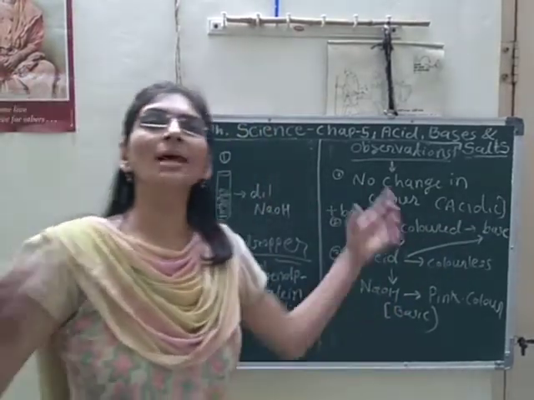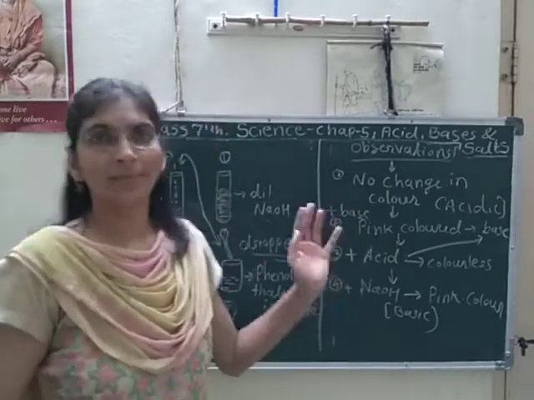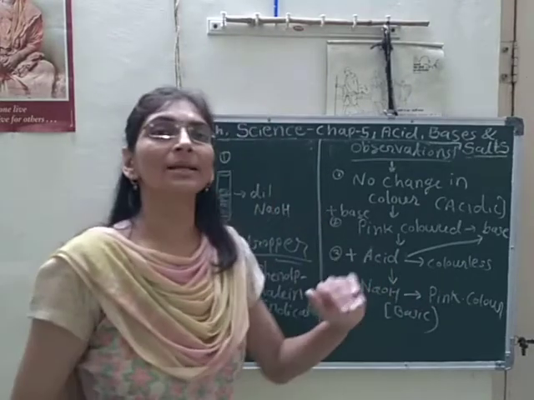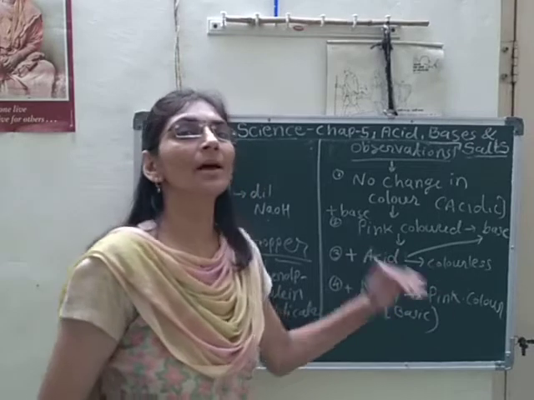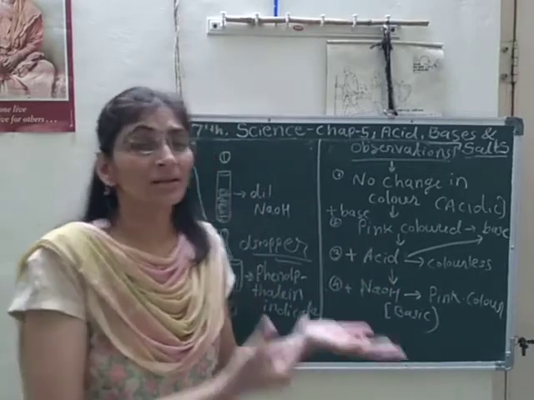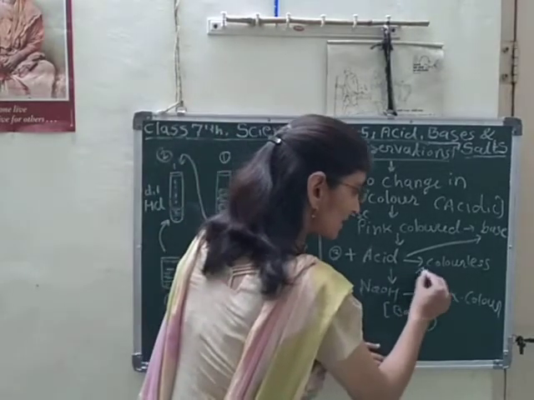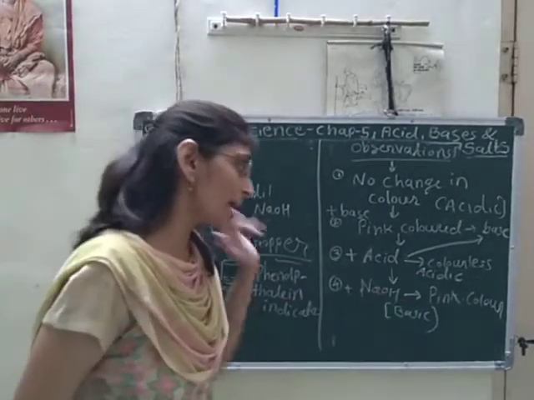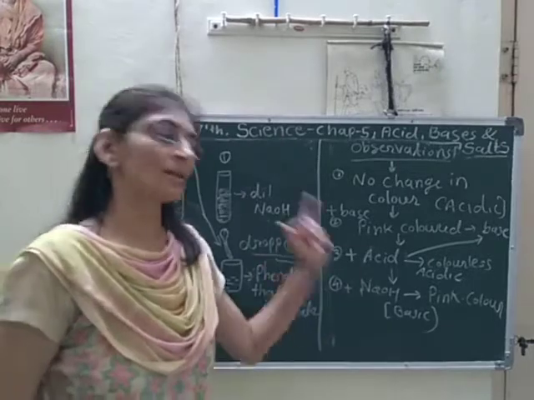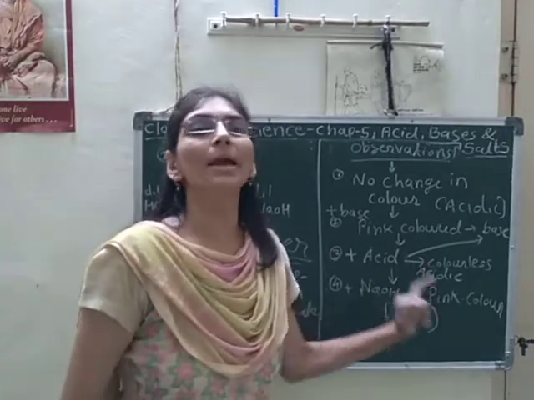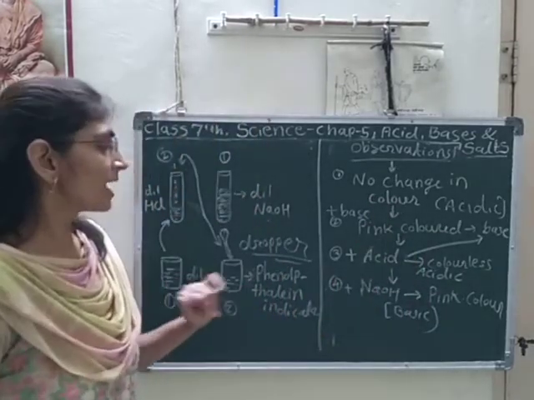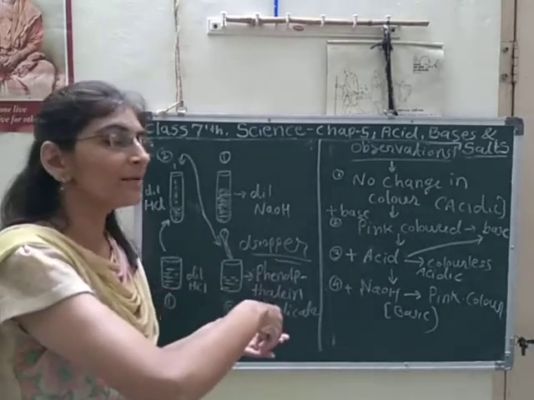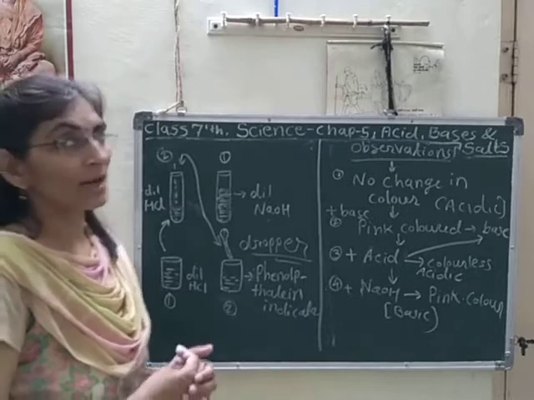Okay. Now neutralize the basic effect by adding the acid. Then what will happen? By adding acid, it will become acidic in nature and the phenolphthalein indicator will become again colorless. Now this solution is acidic in nature, and again to neutralize this acid we have to add base, and when we will add the base, it will become pink colored solution. Okay? Yes. Now the solution is basic. Again, if I will add the acid, dilute HCl, then again it will become colorless.